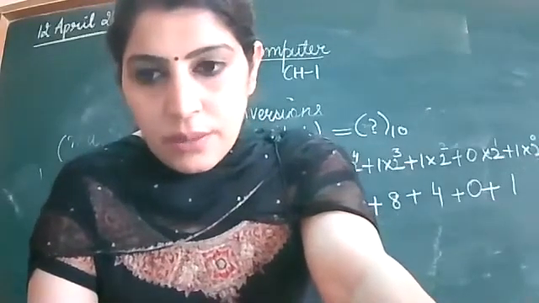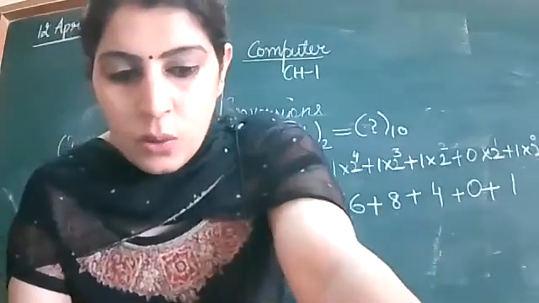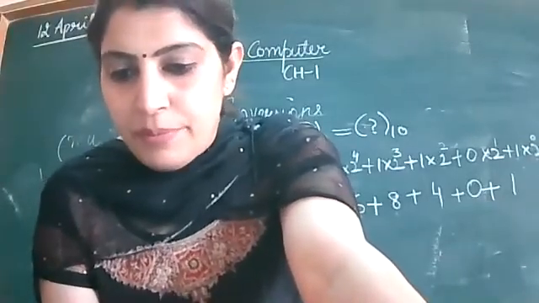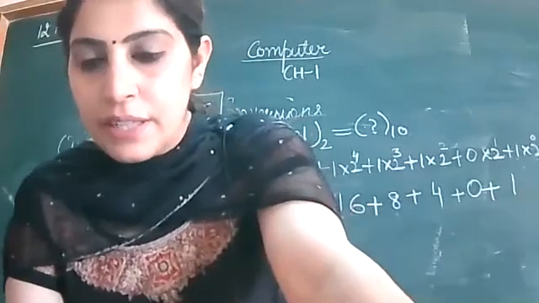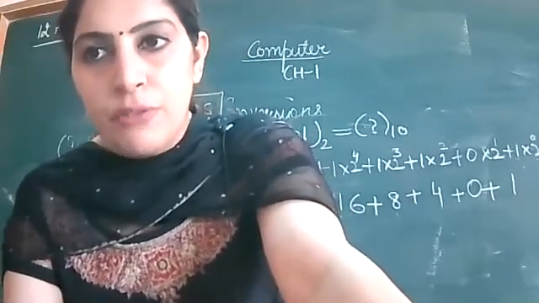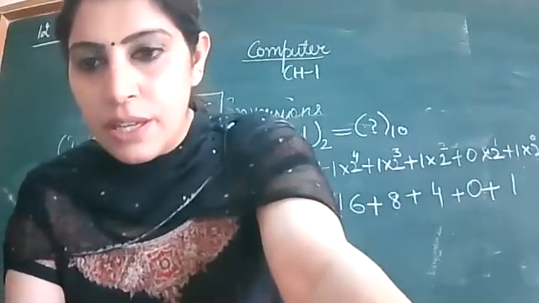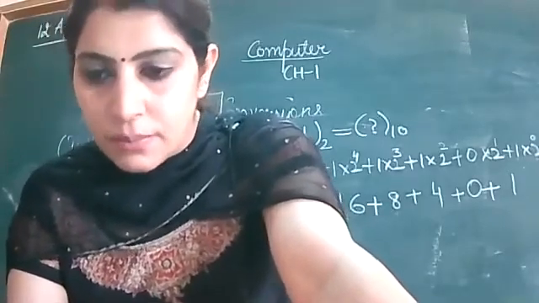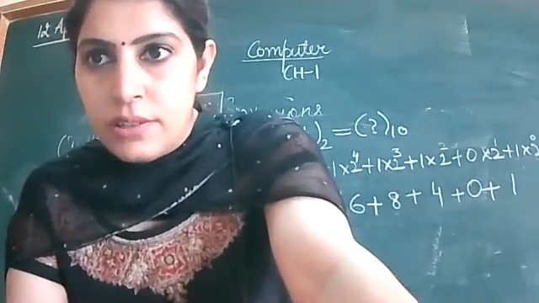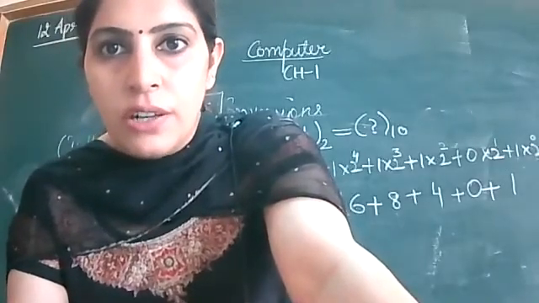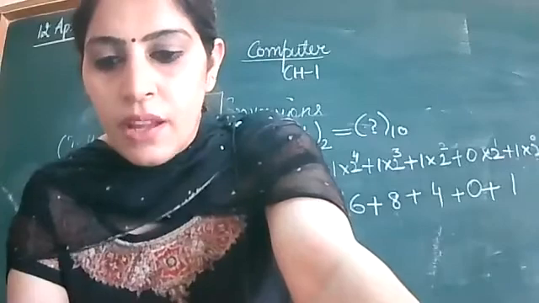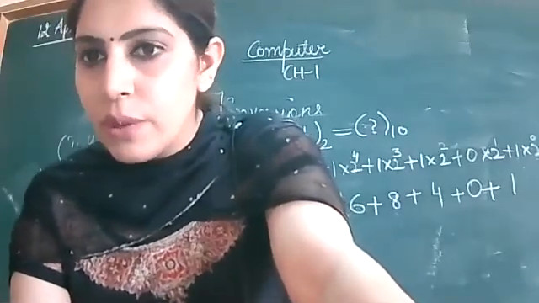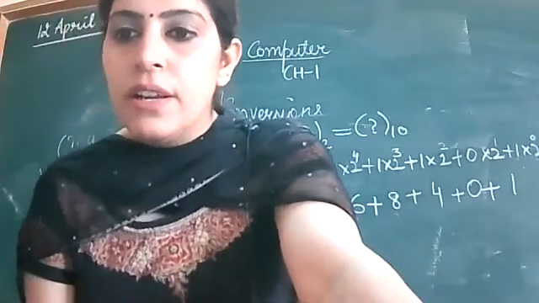What is number system? So what is number system? A number system, it is a way to represent the numbers. There are mainly 4 types of number systems: decimal, octal, binary number system, and hexadecimal number system. Clear? The answer is clear. Did you got? Number system is a way to represent numbers. There are mainly 4 types of number system. Then you have to tell the name.